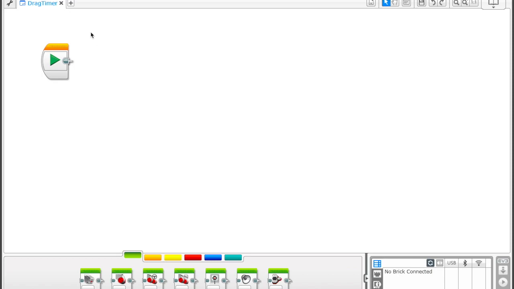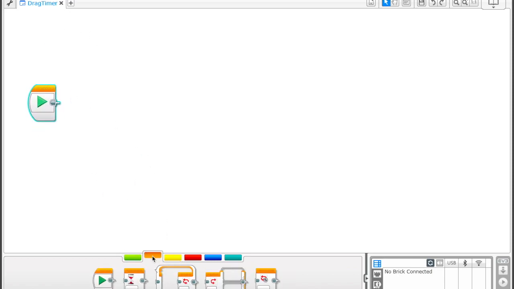And the first thing that I want to do here next to my start button is I'm actually going to take out a wait for time. I'm just going to wait for like 1 second. And the reason that I do this is because when I push the button on my drag racer, I don't want it to zoom out from my finger, because sometimes when you're pushing down, you can push it sideways or something. So I push the button, take my hand away, and then it goes about a second later, or exactly